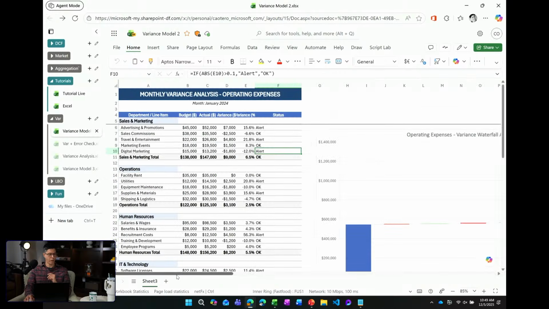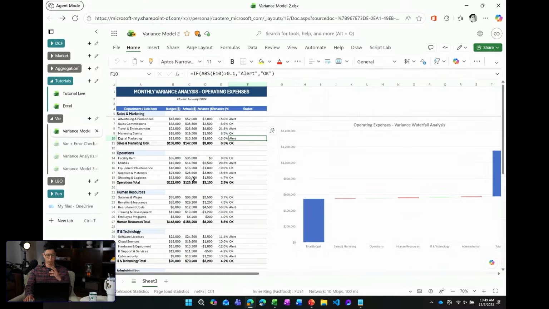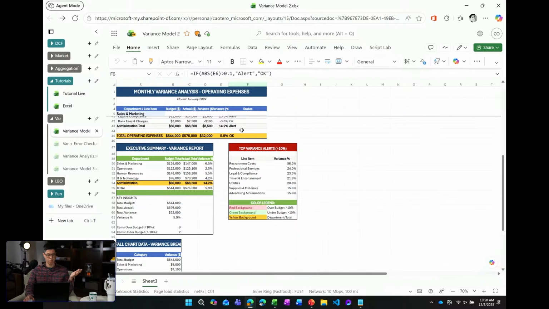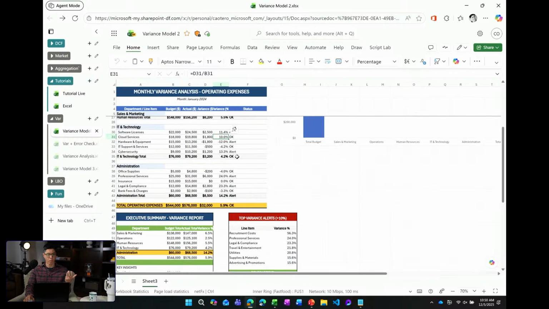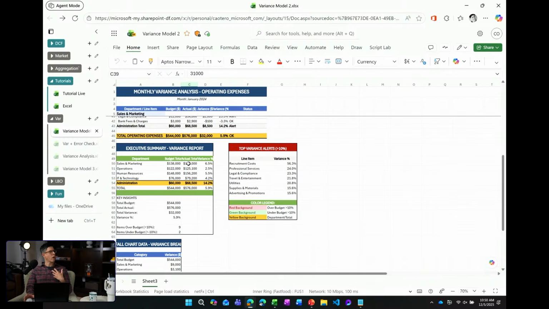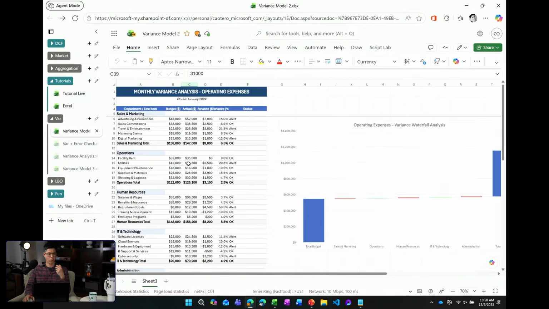Here's another scenario that's very common in finance, in accounting and reporting. I'm doing a variance analysis here. I asked it to compare data between budget and actuals and generate an absolute variance, a percent variance, and then a status based on some rules that I have. Again, this is all from scratch. It created this report, the layout, and the formatting. You can see the subtitles nicely formatted, and the total. Of course, if you have specific patterns at your company, you can explain that in the prompt as well. But it created all of this from scratch.